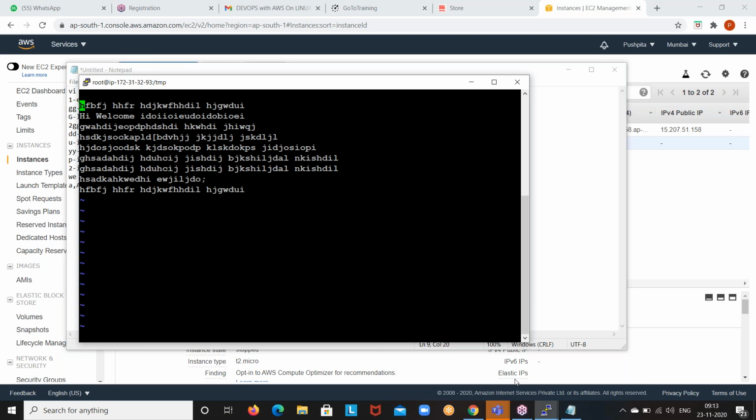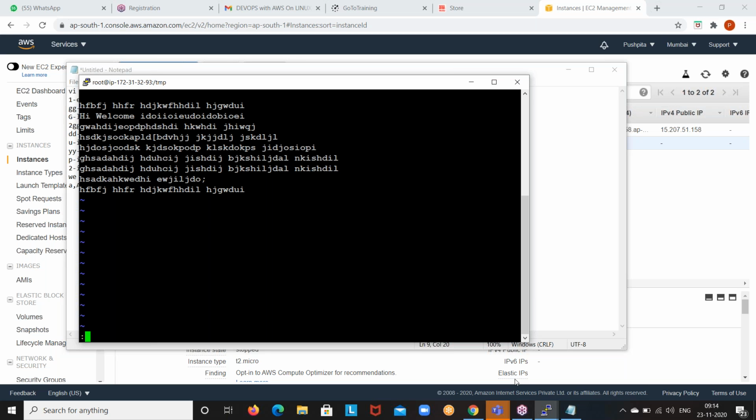My change is done. I want to come out of this file now. Make sure that you are in escape mode first. Now shift colon to go to command mode, guys. Now you are in command mode.